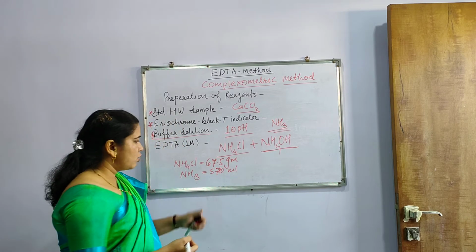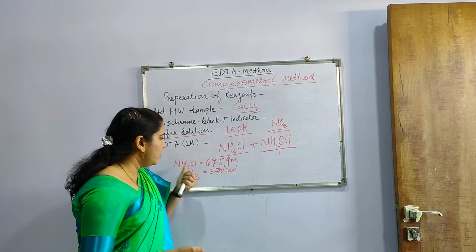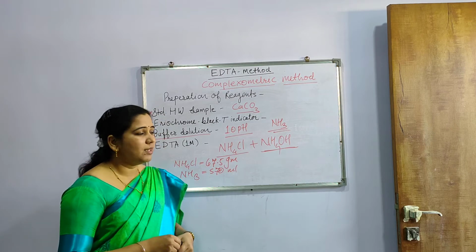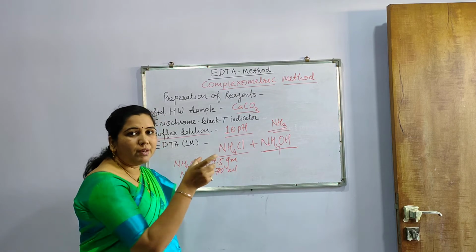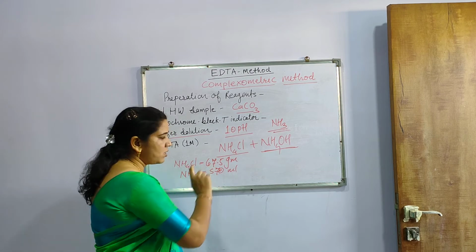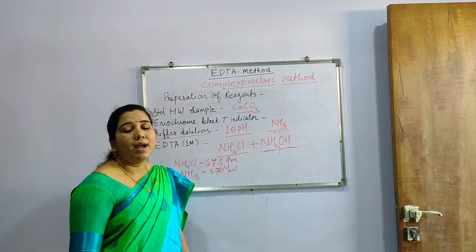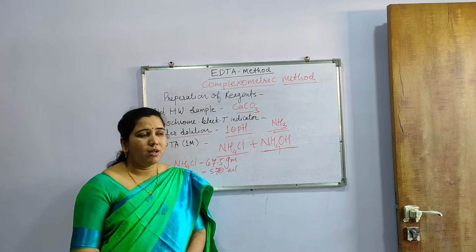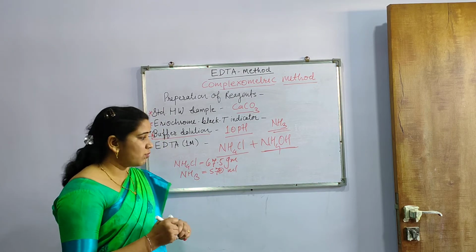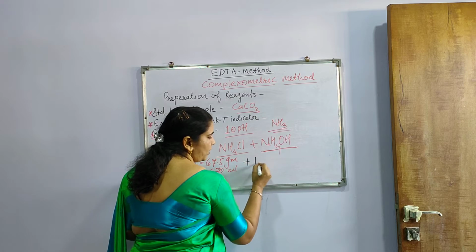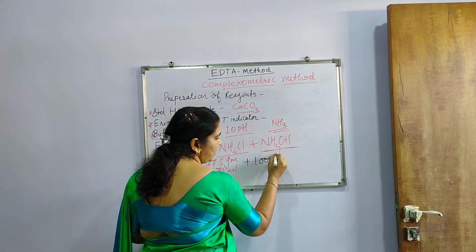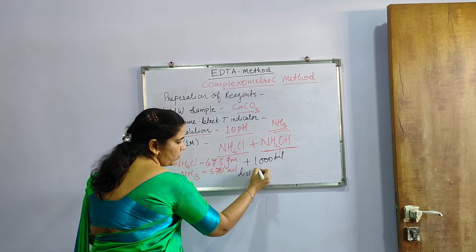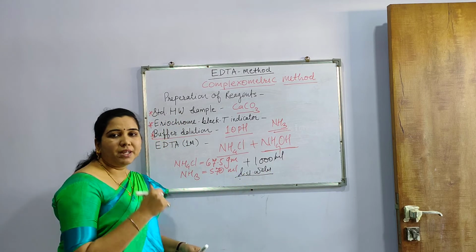It is in liquid state. So 570 ml of ammonia and 67.5 gram of ammonium chloride, which is solid. First of all, we have to take a large container in which we put 67.5 gram of ammonium chloride, and to that solid substance we add the 570 ml of ammonia. Then after that, just see its volume, and we will have to add distilled water till it becomes 1000 ml or 1 liter.